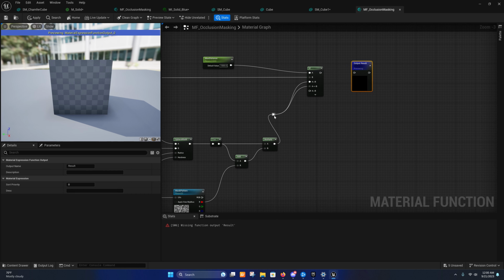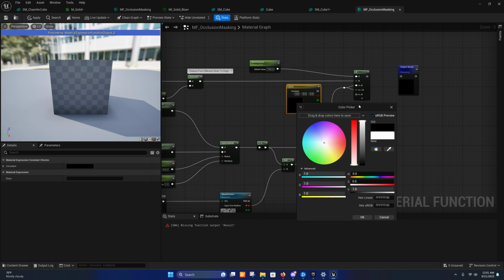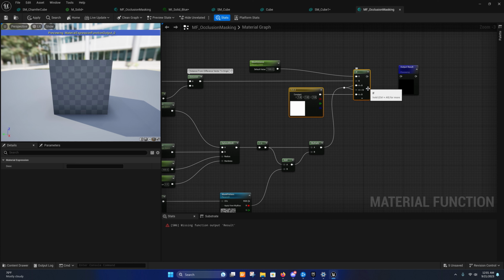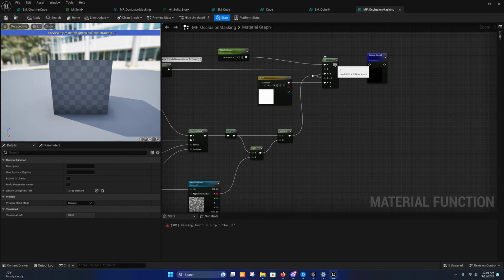We're going to hold down 3 now and left click on the mouse, and we're going to change this color to just solid white, because solid white represents opaque, remember? So if the max distance is less than the distance, then that means that pixel is further away from the camera than what we want to be transparent, and so we want that to be opaque. And so we'll plug that into the output, and yours might be black,